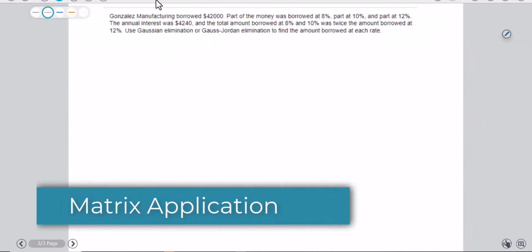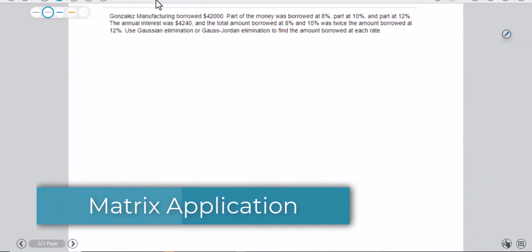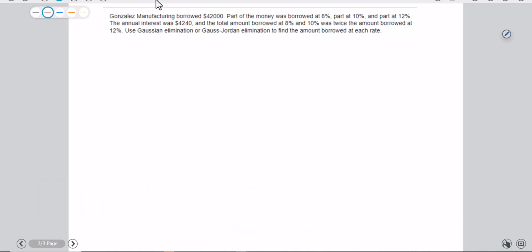All right, it says Gonzalez Manufacturing borrowed a total of $42,000. Part of the money was borrowed at 8%, we'll call that X. Part at 10%, we'll call that Y. And part at 12%, we'll call Z. So I already know X plus Y plus Z equals this total